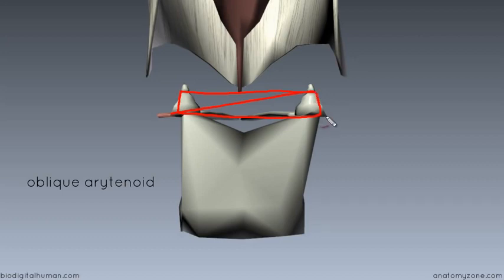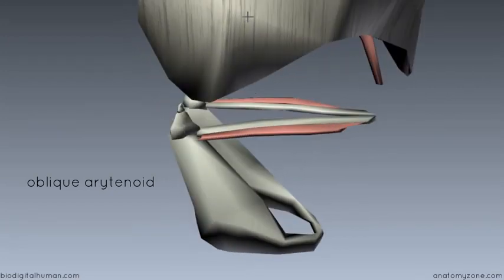So you've got two of these. The other one obviously has the same origin and insertion. So it runs from the posterior surface of the muscular process of the arytenoid cartilage and inserts on the apex of the other arytenoid cartilage. So if I just rotate this model round,